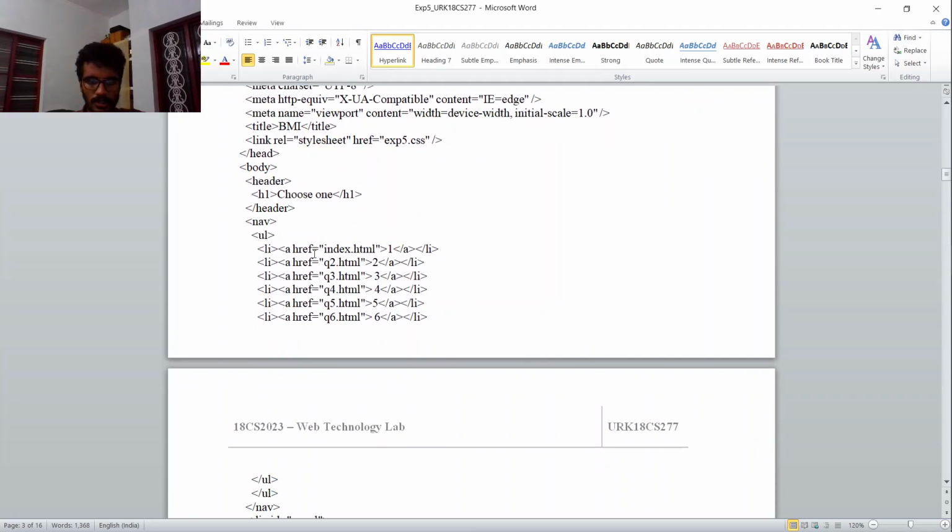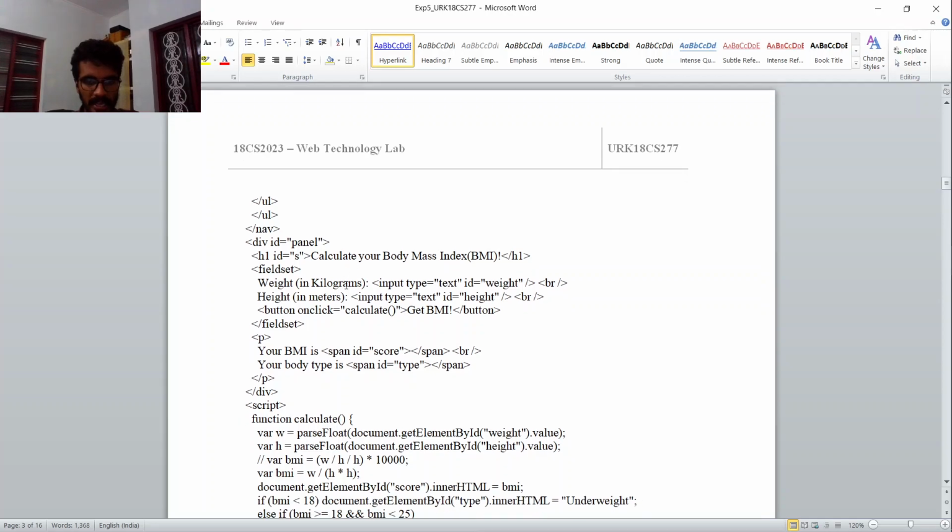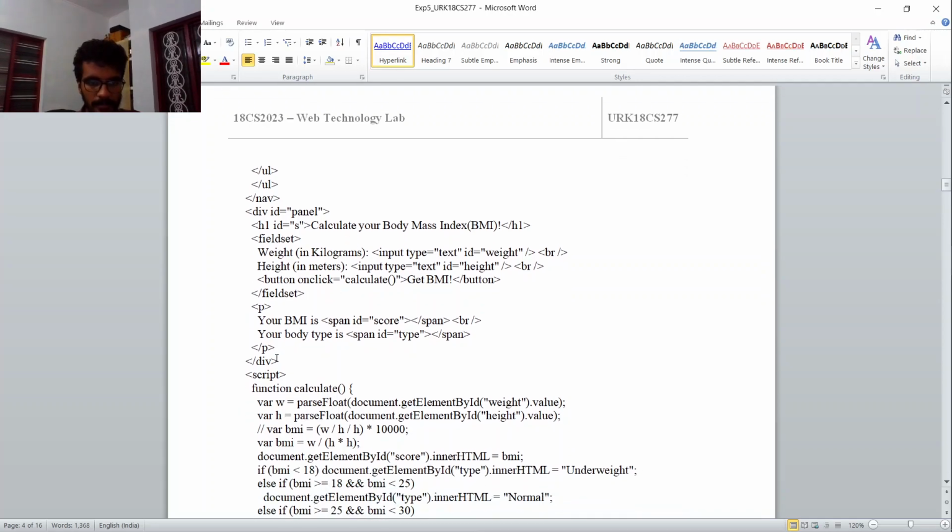So here also you're giving a set of HTMLs, and then you're creating a panel with the title Calculate Your Body Mass Index. Now the panel has weight in kilograms, input type text, ID weight, and height as an input type, and a button. On click it calculates the BMI, and your BMI gets displayed over there with your body type.